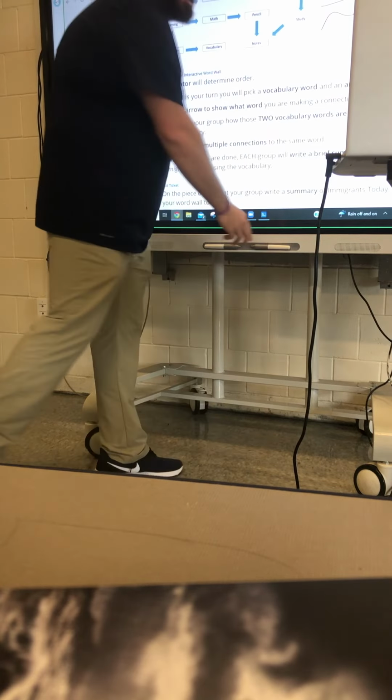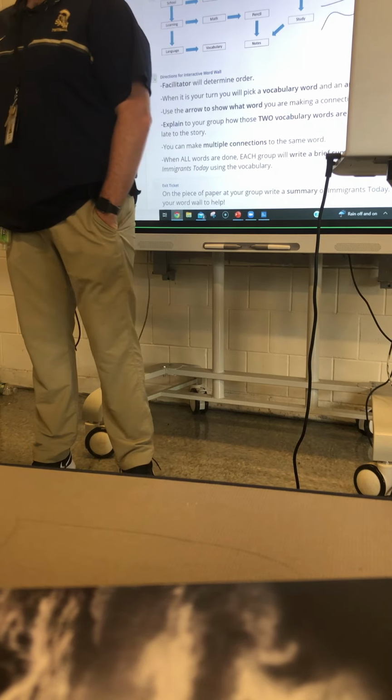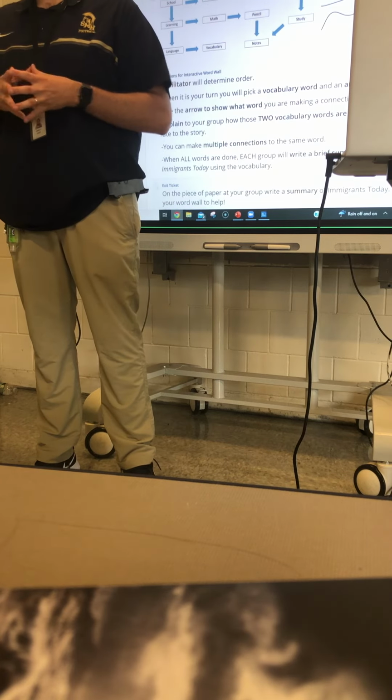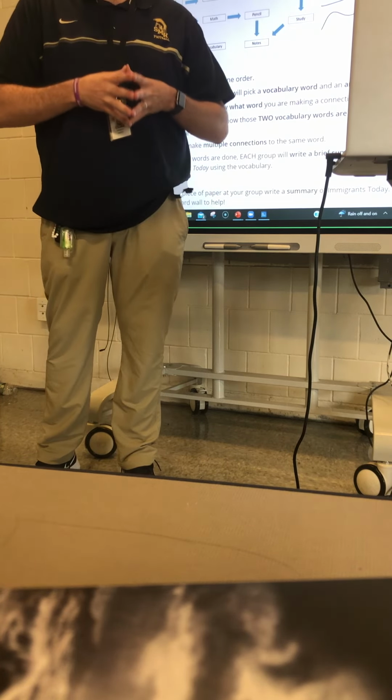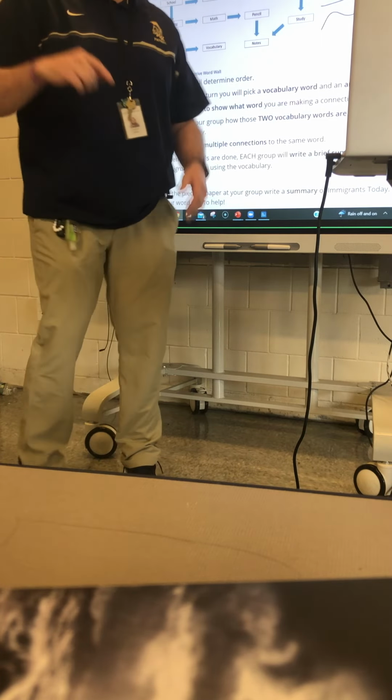So now my facilitators are going to go first. You can pick any word from your pile of words and tell me how that word is related or connected to immigrant. And then you are going to determine the order. Is it going to go